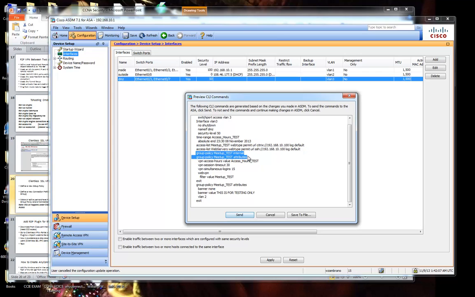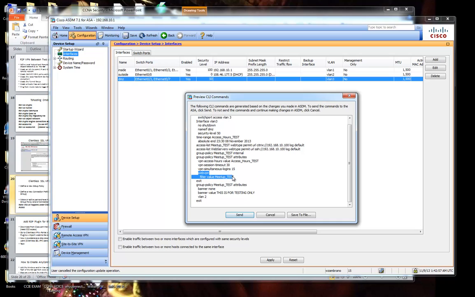The group policy. So let's say here, group policy, meetup test internal. Not exactly positive what this means at this point, but this is saying here that VPN access hours is referring to the access hours test that we have up here. You can kind of think of this like the crypto map, where back in the VPN point-to-point tunnels, we had the concept of that crypto map, which binds all the pieces together. The crypto map bound the crypto ISAKMP, it bound the tunnel group, it bound the transform set. So in this case, this group policy is binding that ACL that we had,